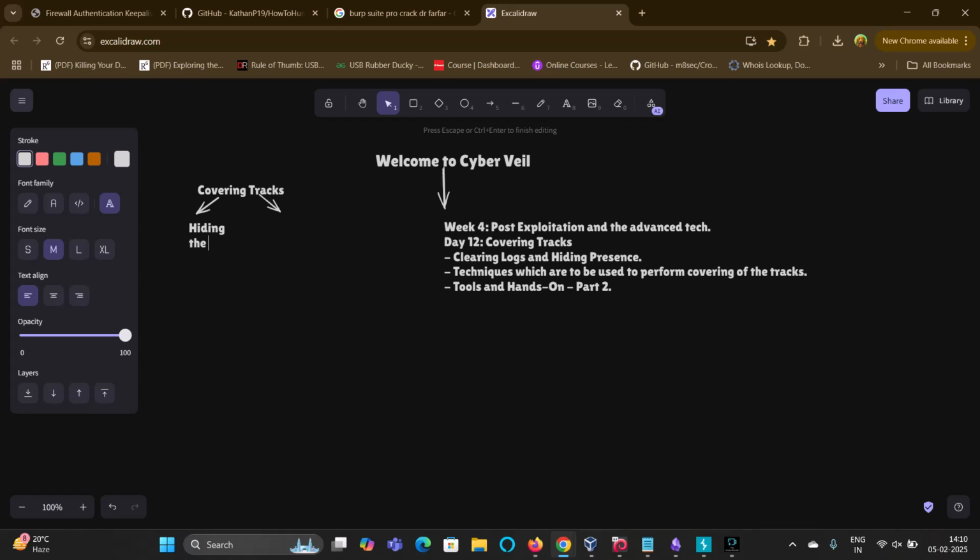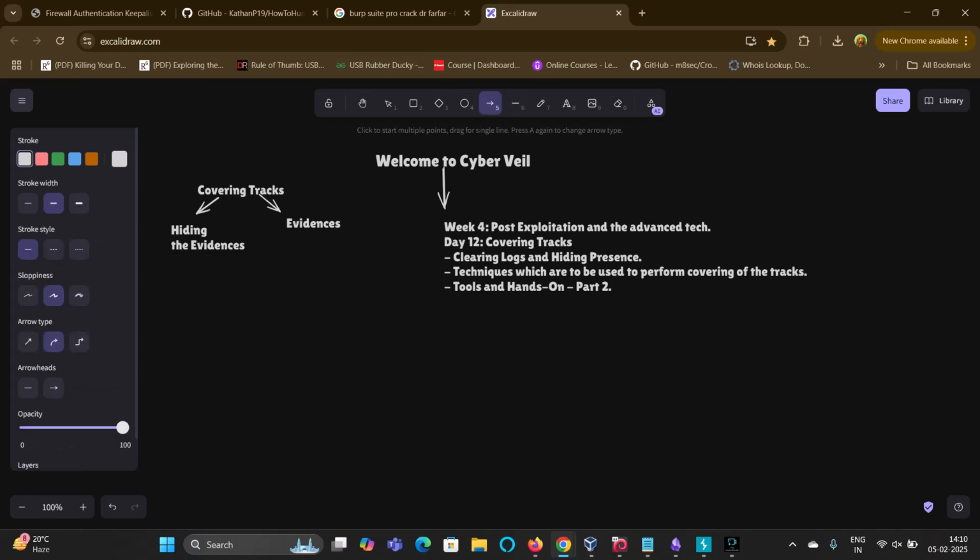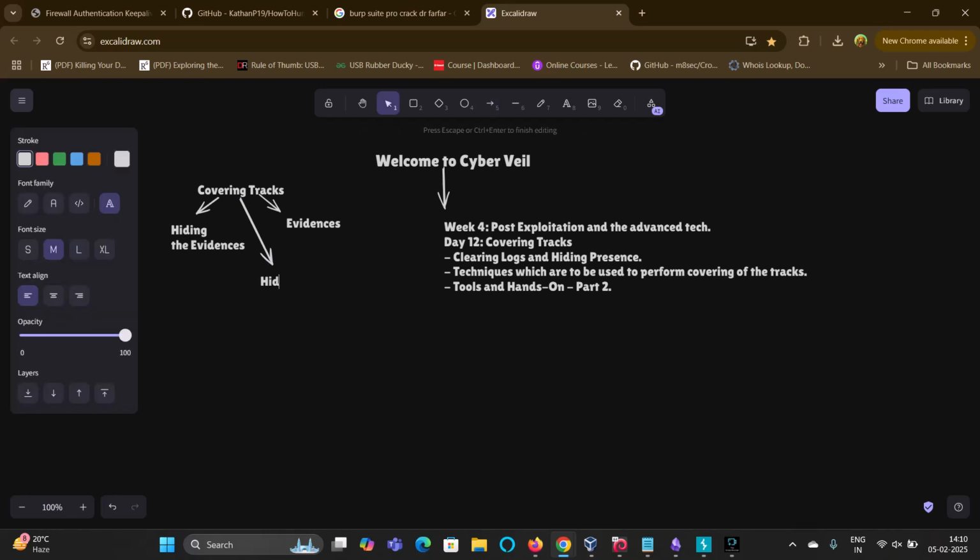Similarly, covering tracks means to cover up the tracks. What an attacker does in our cybersecurity case is hide evidences. Tracks are evidences, and covering means to hide them. Combined, they create the term covering tracks, which means to hide the evidences,